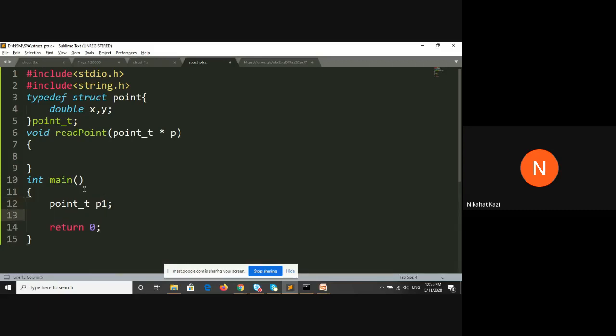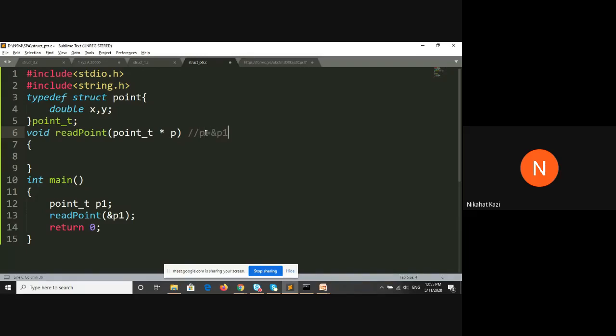Now this variable's address we will pass as a parameter to read point: read point address of p1. Once this function is invoked, what kind of assignment will take place? p is equal to address of p1.